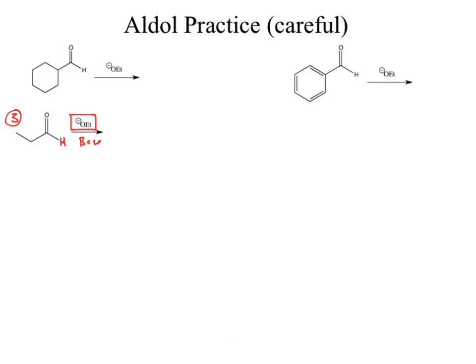It is not the aldehyde hydrogen. If we tried to go through and show the aldehyde hydrogen being removed, we would have a negative charge on that carbon. Carbon can't stabilize a negative. Students oftentimes try to say, well, don't I have resonance? Well, draw it, see what happens. What happens if I attempt to do that? I would have a triple bond to oxygen. Am I allowed a triple bond to oxygen?